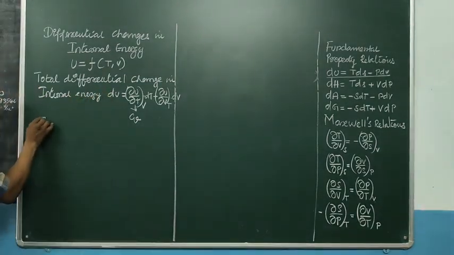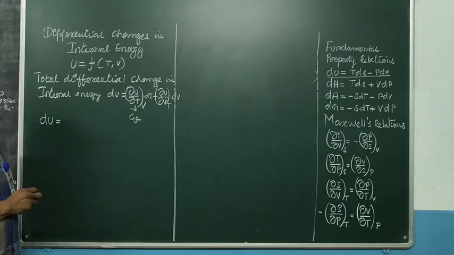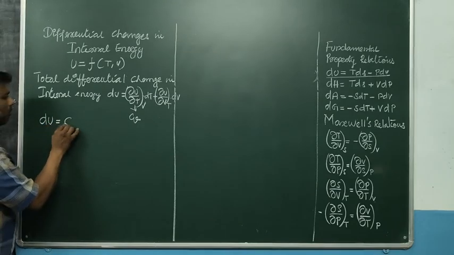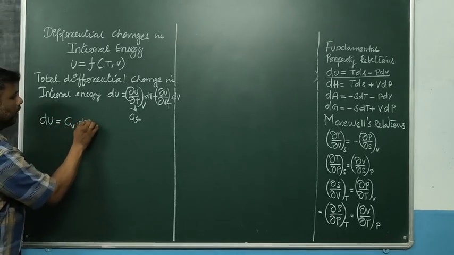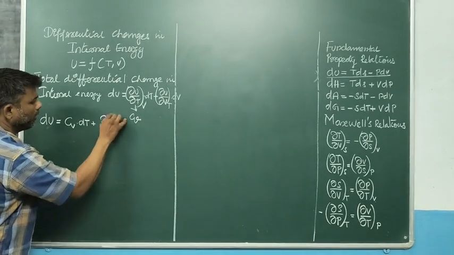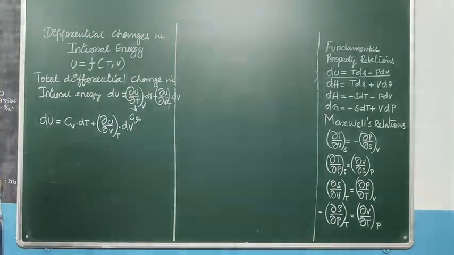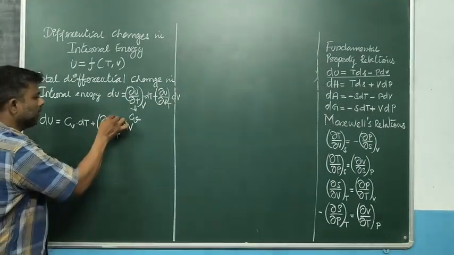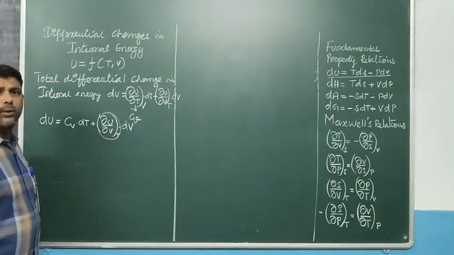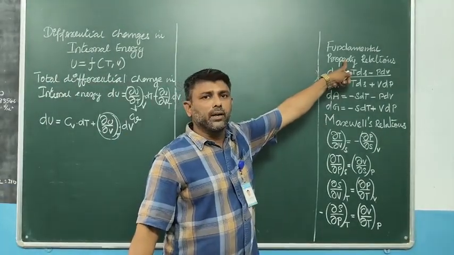Hence, this equation becomes dU is equal to Cv dT plus (∂U/∂V) at constant temperature into dV. Now, I am going to replace this (∂U/∂V) at constant temperature